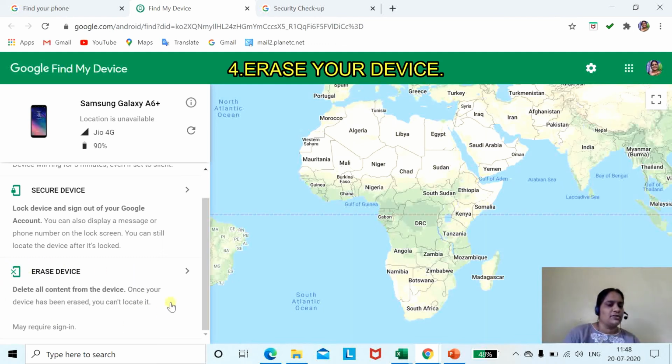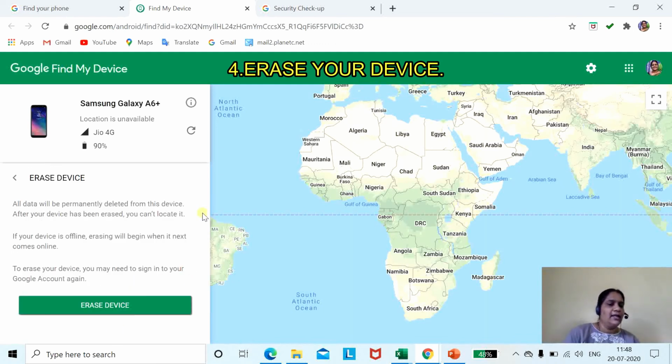If you feel you lost your phone, just click on the Erase Device option, and once you click on this, you will delete all the content present on your device. I am not deleting here, but I think you got my point, what I want to explain.